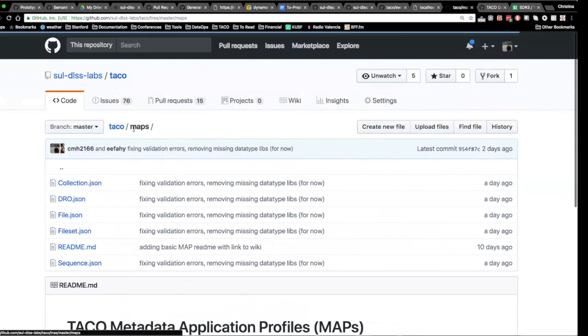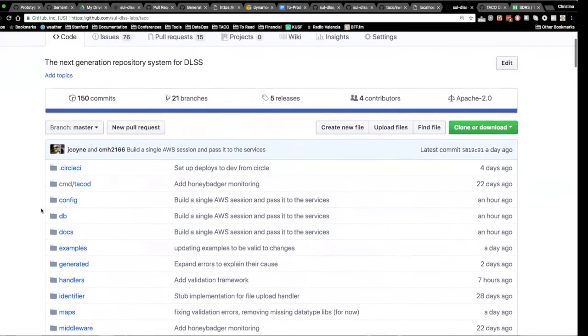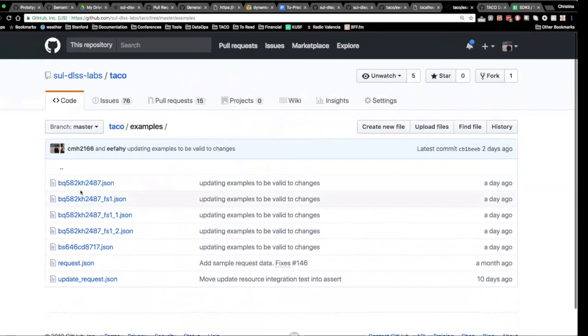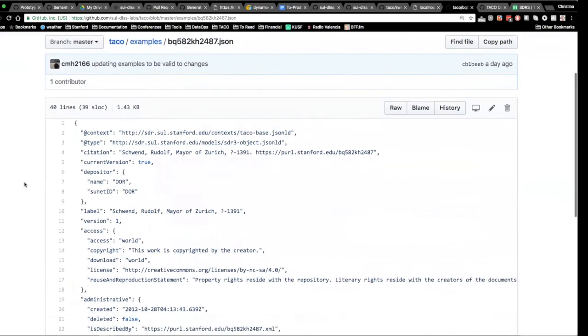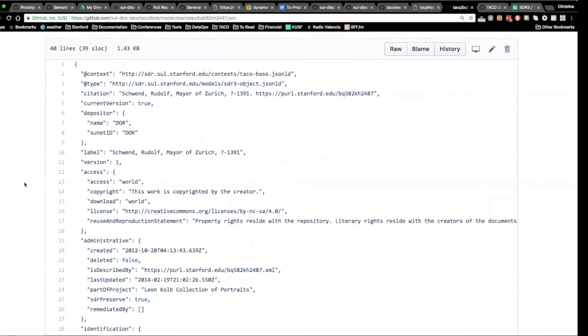Finally, I wanted to show quickly, just to follow up on the profiles that we are generating, both machine actionable and human readable, we have started to pull out all of our Fedora data. We're currently using Fedora 3 and have a great number of fields that we are going to have to map. We've started taking that and actually mapping real Fedora data to example objects following our evolving data model and application profile. And we're hoping to start using these as the testing or fixture data for the Taco code base,